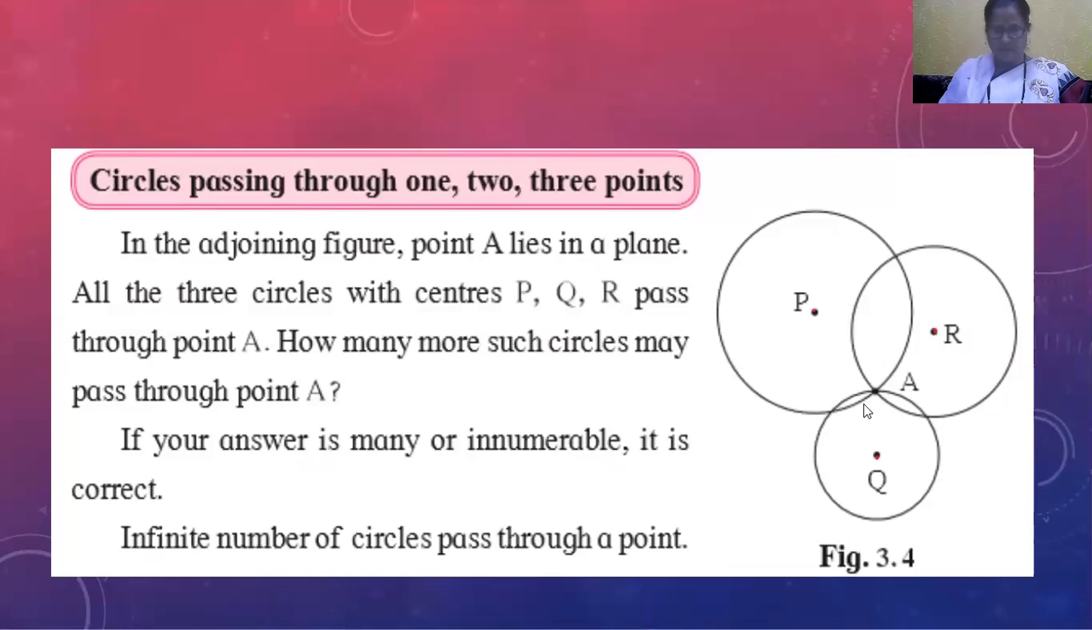Means from one point you can draw innumerable circles, meaning infinite circles. From one point you can draw many circles. You do it at home. Next we will see that